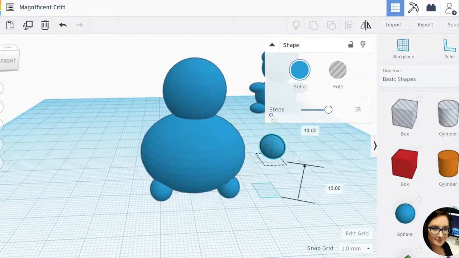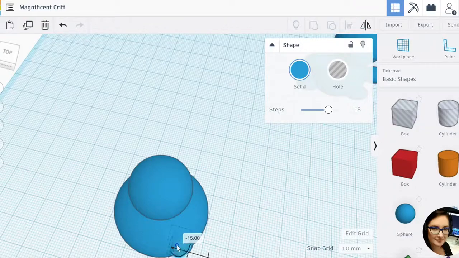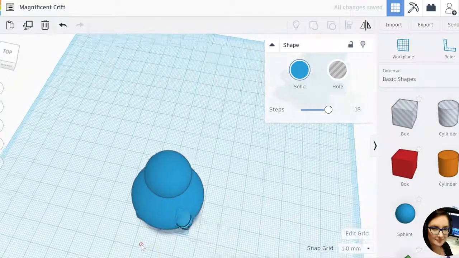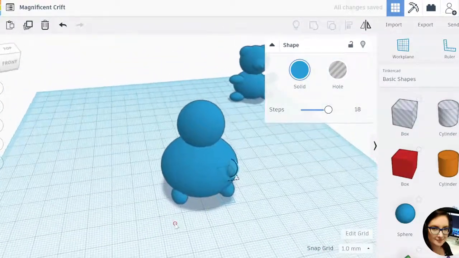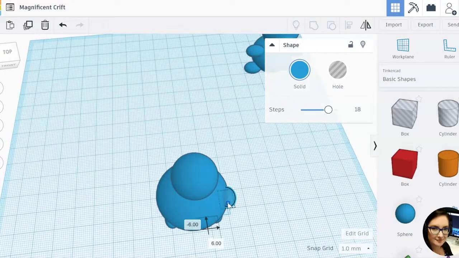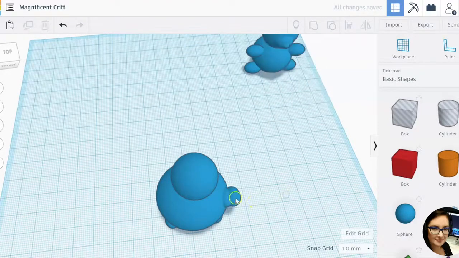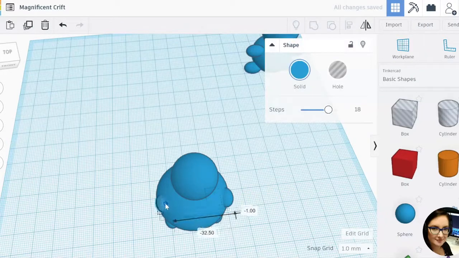Alright, so let's raise that one up. And to see what we're doing, I'm just going to zoom over top and move it in. So he's got some arms. So this bear is going to be a pretty simple bear. Your bear can be more complex if you like. But this way you've got the basics down. So Control C, Control V again, make another arm.